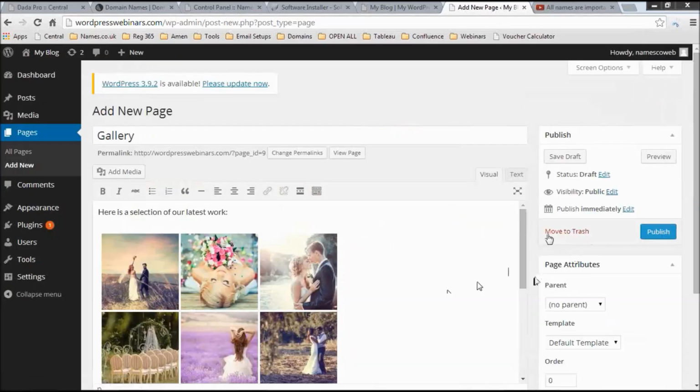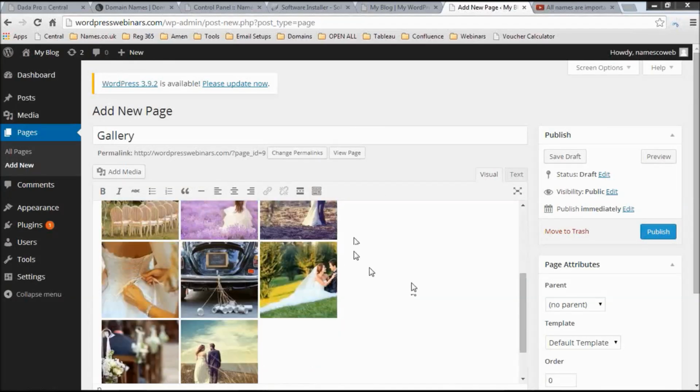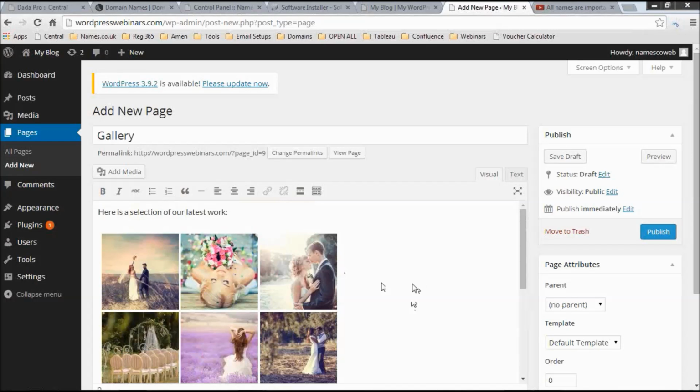We'll click on Insert Gallery, and it comes back to our editor window and shows a series of thumbnails of all the images that you've added to appear in the gallery. So again, at any point you can click Save or Preview, but we're happy that that's going to look all right on the live site. So we'll click on Publish,